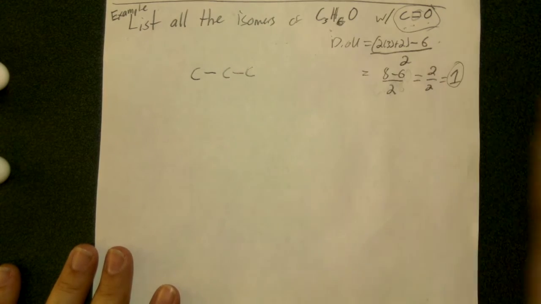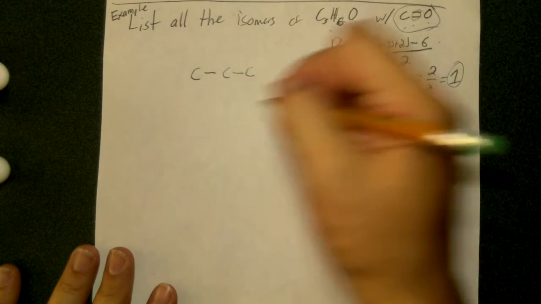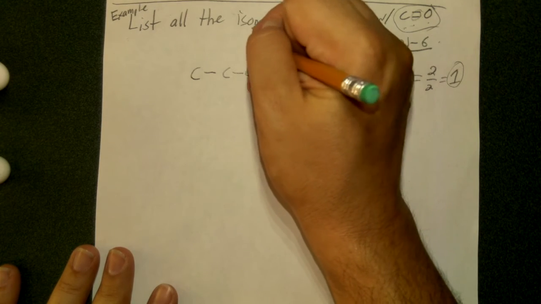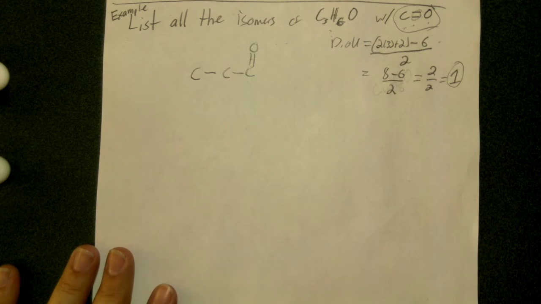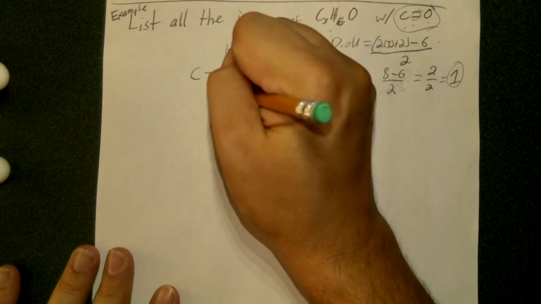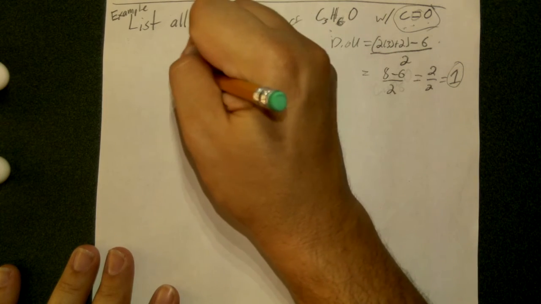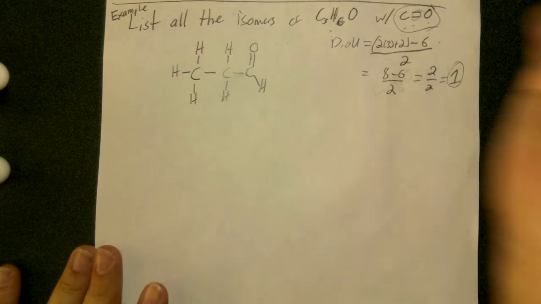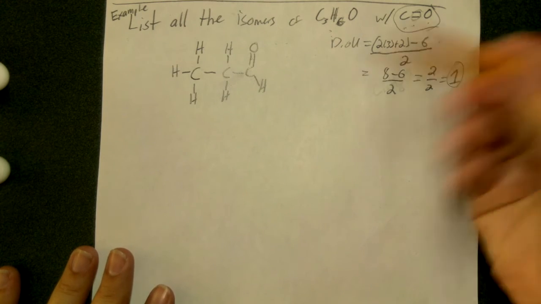So let's not do any double bonded carbons. We're not going to do any rings either. So all the double bond is going to be is connected between one of these carbons and an oxygen. And then once again, as I said earlier, fill in your hydrogens wherever there's still room. And then you don't even have to count them, except you should count them afterwards just